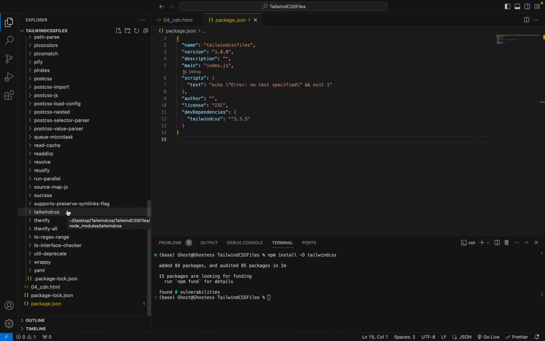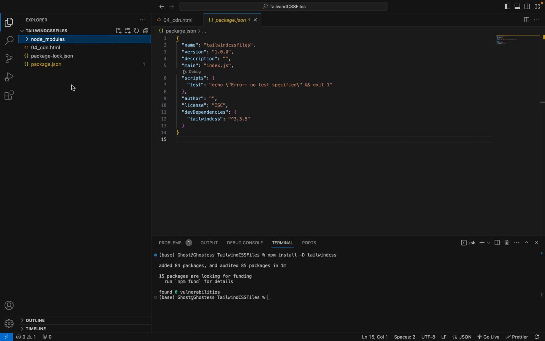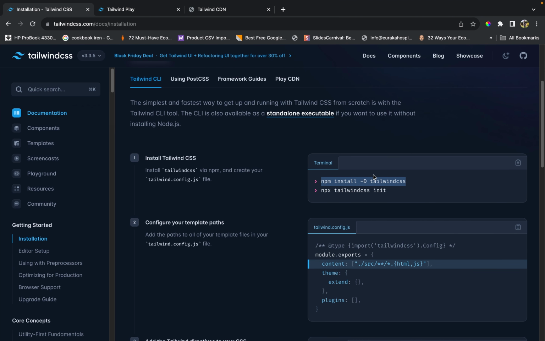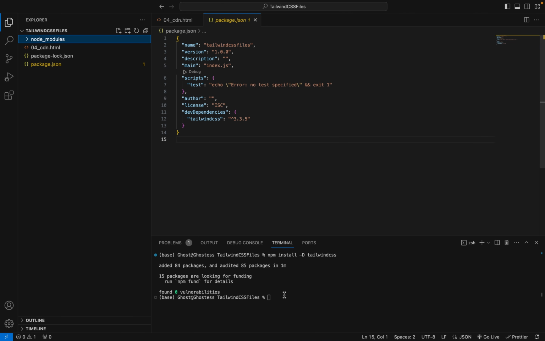See, it's just one of them. That's it. Let's go to the next step, which I already mentioned, which is to create the Tailwind config file, which assists us to configure Tailwind. I'm going to copy that and just paste it